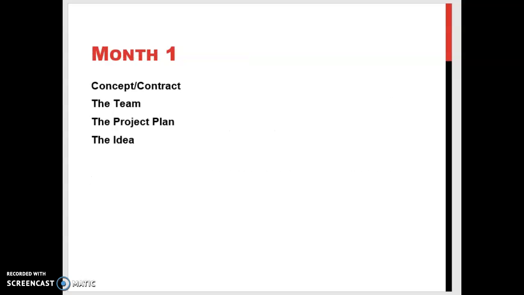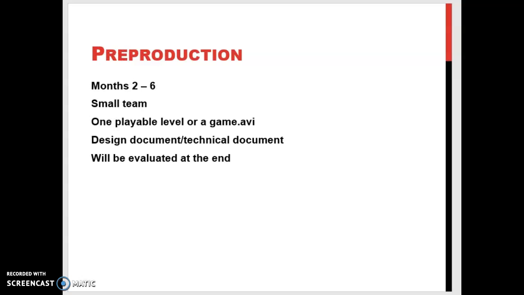In the stages of game development, you start off with a concept, and you also need to build a team and have a plan based on an idea. So now I've built you a team, and your team has started to discuss that which you want to complete as your game. In the first few months, usually with your pre-production phase, which also includes concept development and a concept document, you create with a small team a playable level.